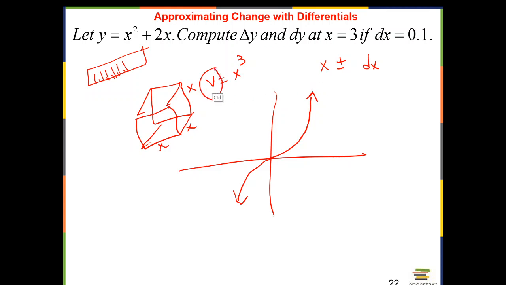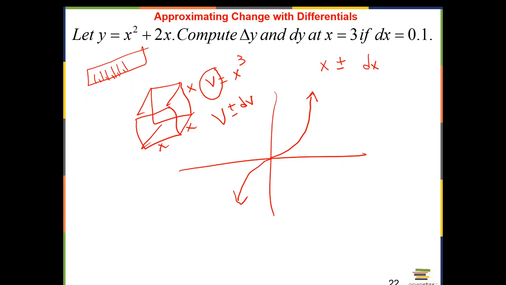What would be the error in the volume? The error in the volume would be v plus and minus dv, right? So you see dv and dx here are related. And it's a very useful tool in